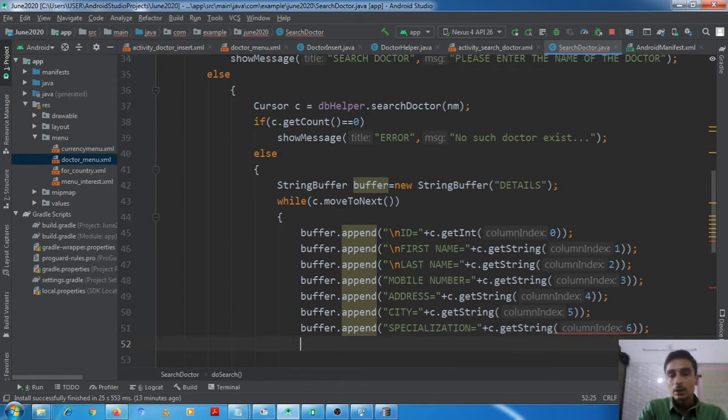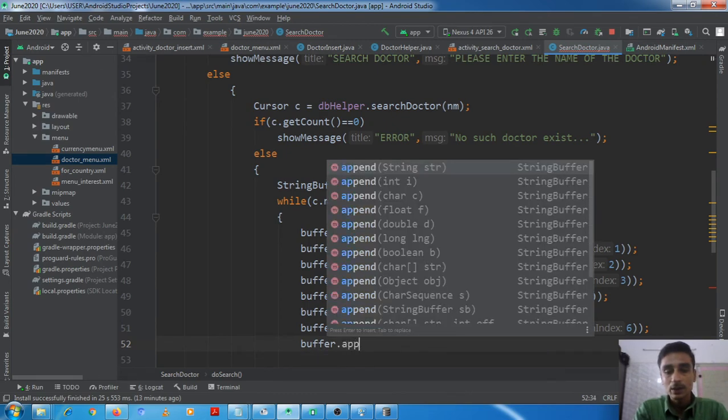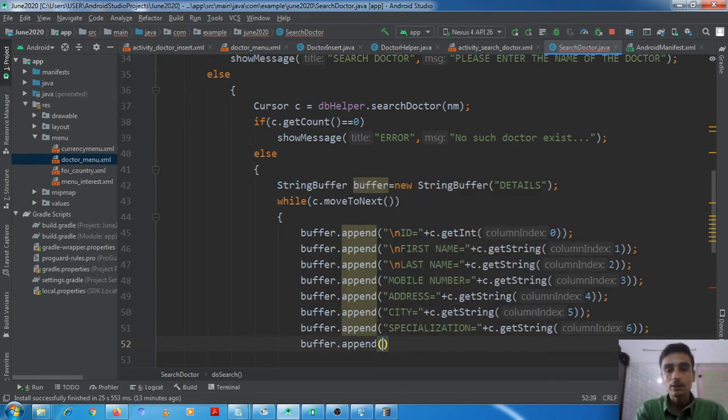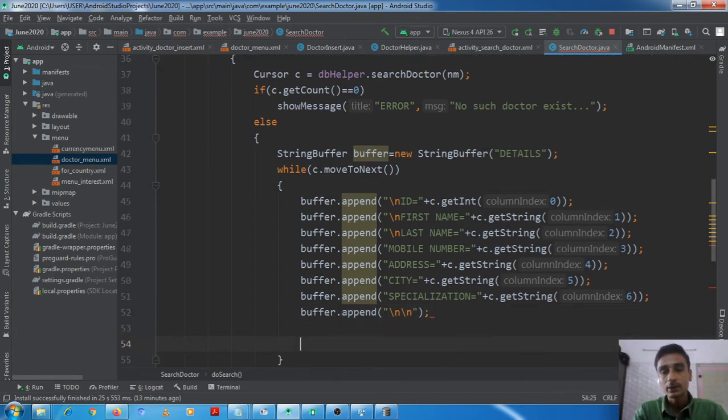And if there are more than one such doctors available with the same first name as entered by the client, we will put 2 lines before that. Okay, so this loop will execute as many times as matching names will be found.